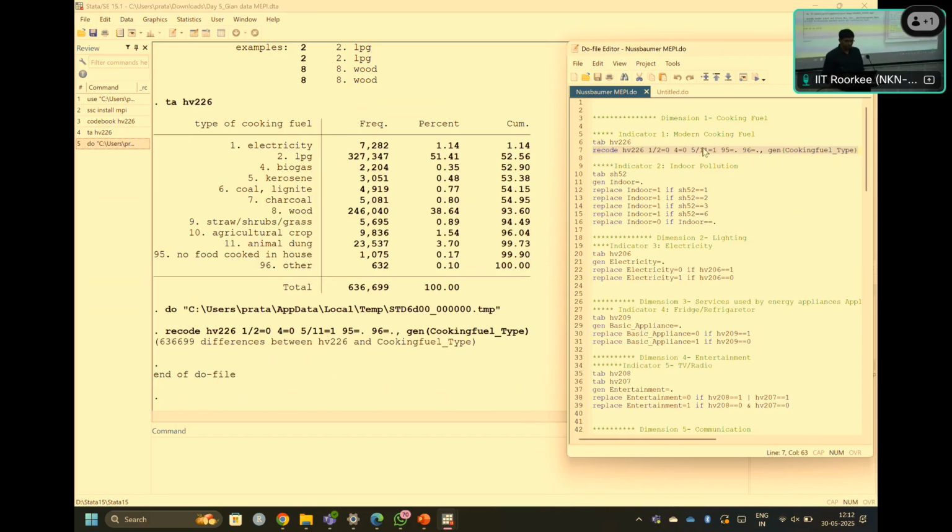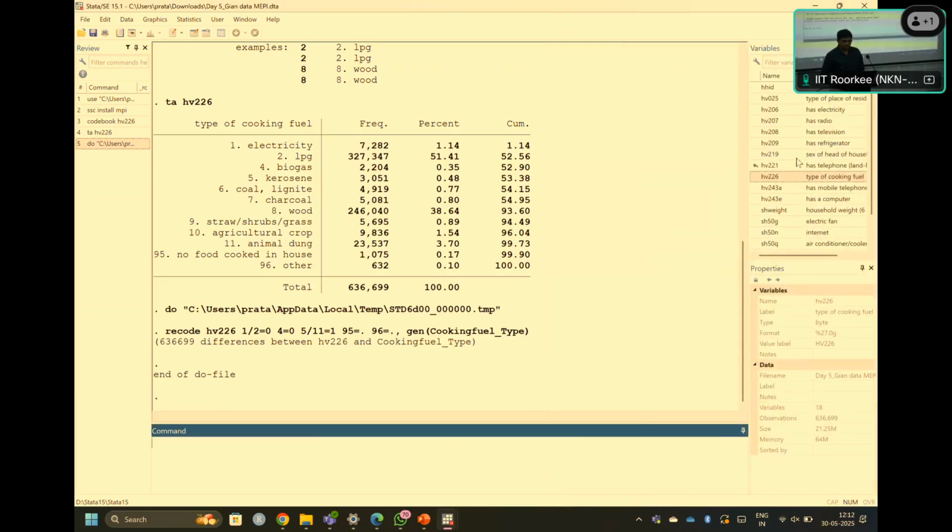Is it okay? Next, another most important indicator suggested by the original authors in the context of energy poverty is indoor pollution. It's variable number S52. You can just check. It's over here.